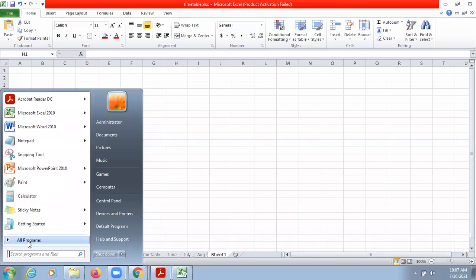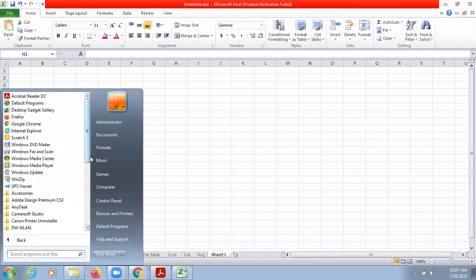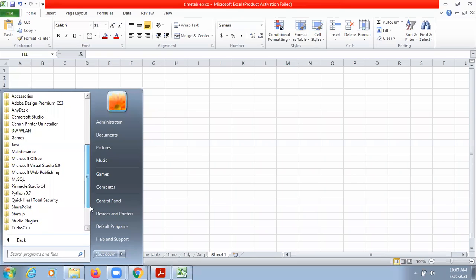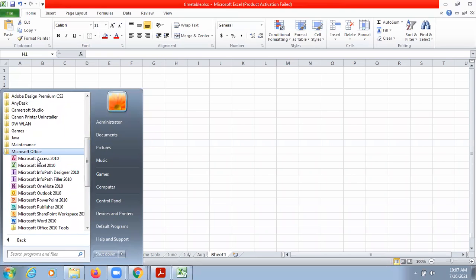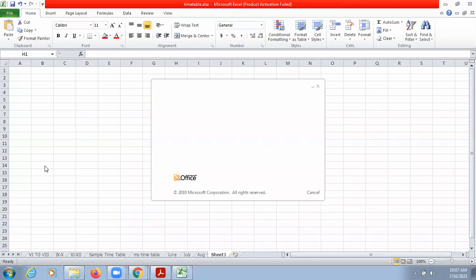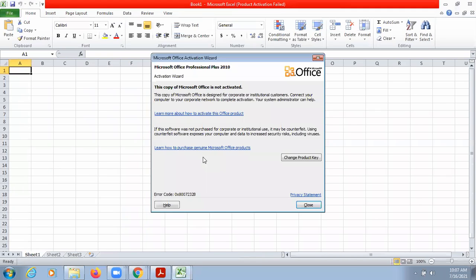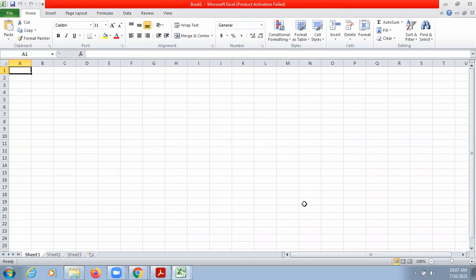We will go to All Programs, then go to Microsoft Office, and then choose Microsoft Excel. So this is how you can open Microsoft Excel.